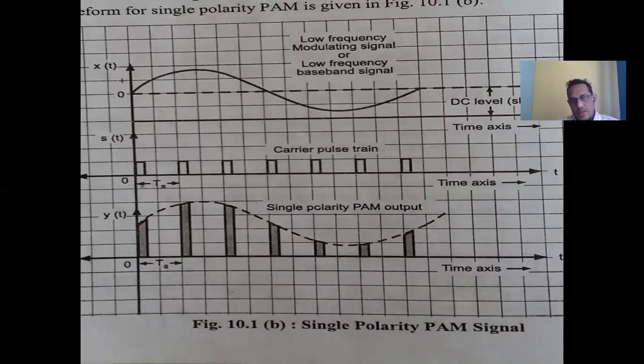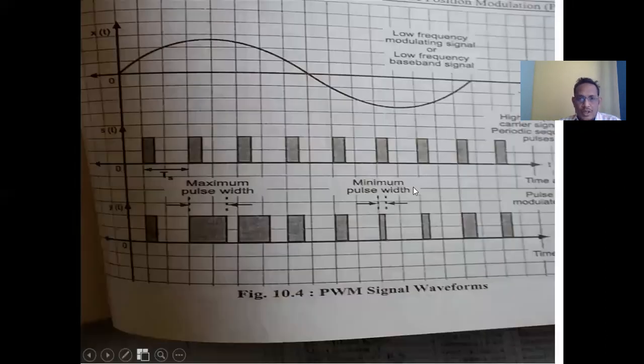Okay, so this is called again the pulse amplitude modulating signal as per the definition of a pulse amplitude modulation. So this is nothing but a pulse width modulation. As per the definition of a pulse width modulation, this is nothing but a low frequency signal. This is all the high frequency pulse train. As per the definition of a pulse width modulation, the high frequency carrier signal, that is a pulse train, is changed in accordance with the amplitude of the modulating signal by keeping amplitude and the position constant.